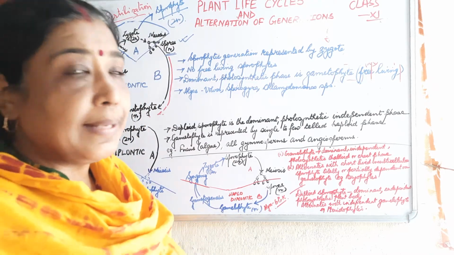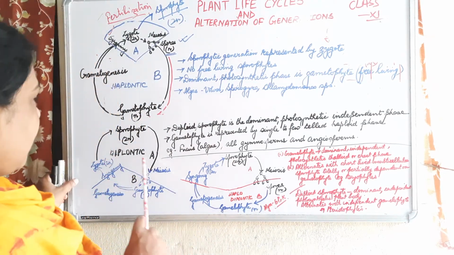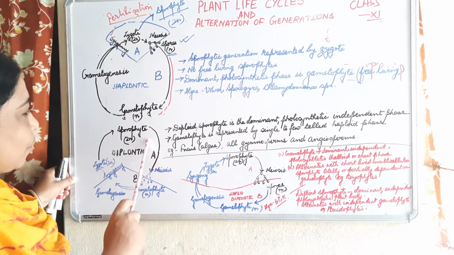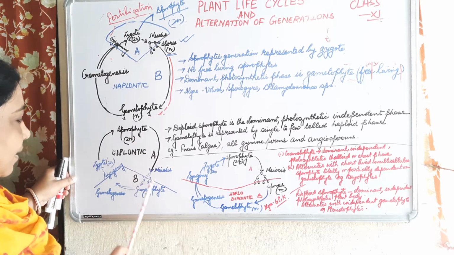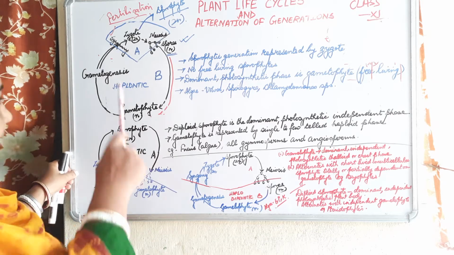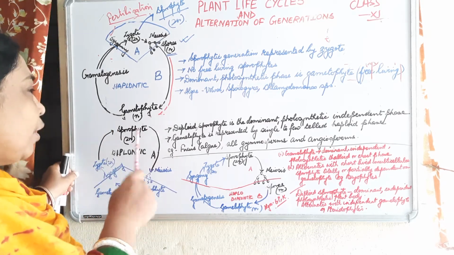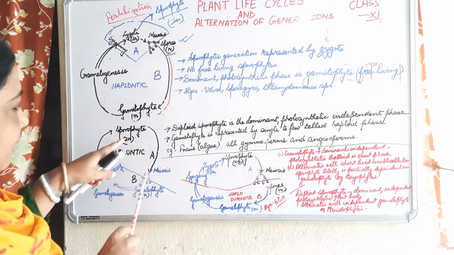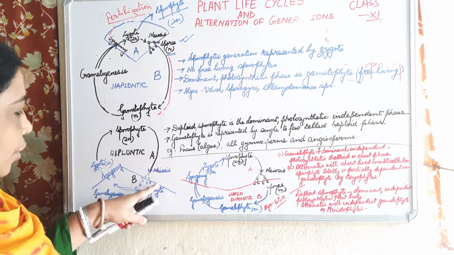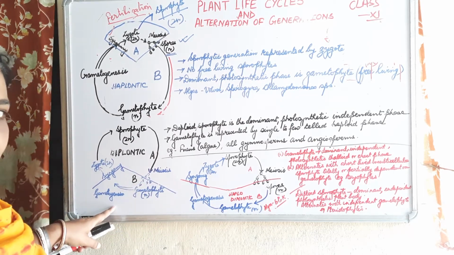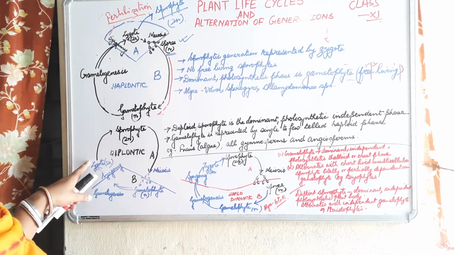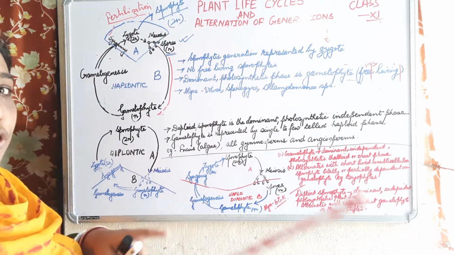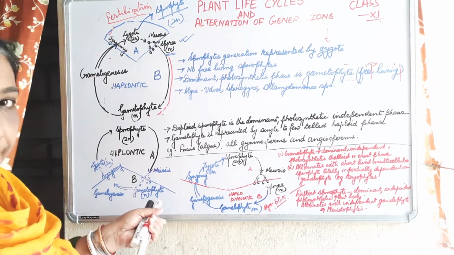Now let us come to the diplontic phase. Now see, children, this is the diplontic phase. You see the maximum part, this is represented by whom? By the sporophyte. You see just a small part is being represented, just opposite. So obviously, I told you the characteristics would also get reversed. The basic structure is the same. The sporophyte by meiosis forms the spores. They form the gametophyte. Gametogenesis takes place, then syngamy, then you have the zygote. This zygote gives rise to the sporophyte. The only difference is who is dominating over the other, which is the predominant phase in the life cycle.